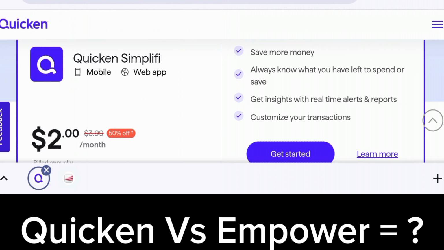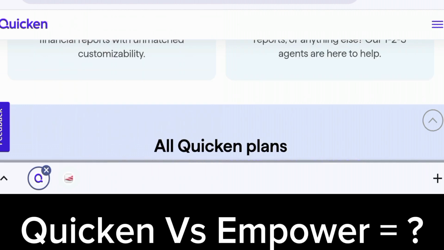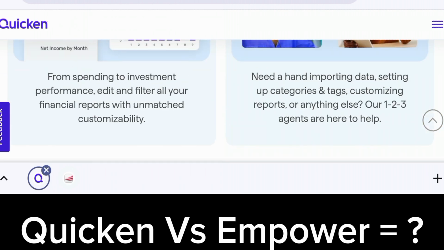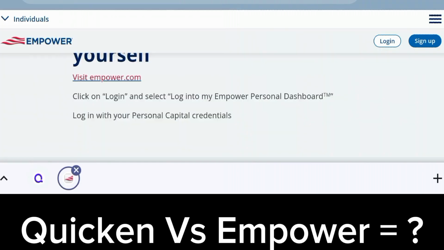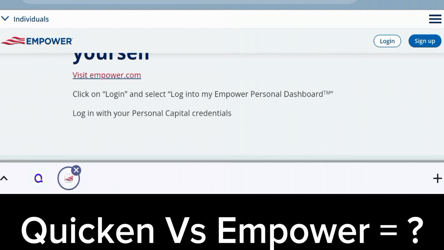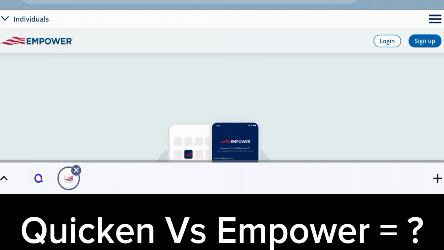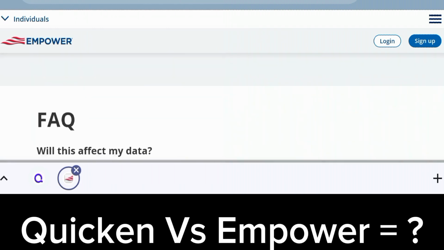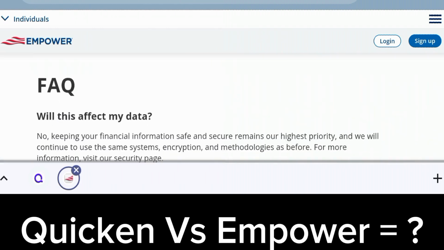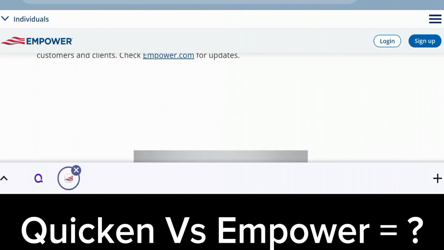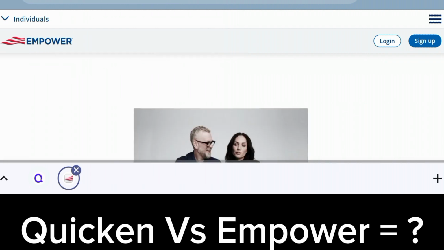All right. Number 10 here is the customer support. So Quicken offers customer support via phone, chat and community forums. Support can be hit or miss based on user experience. Okay, since some users complain, it can be hit, it can be missed. What Empower right here, they provide customer support via email and phone, and they also go ahead and provide additional support for investment clients. Okay, so you can see investment account, they have additional support for investment clients. So in this aspect, I'm still going to go with Empower because of its responsive support, especially for investment clients.